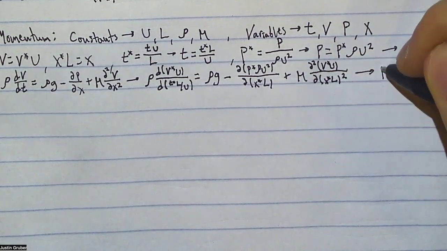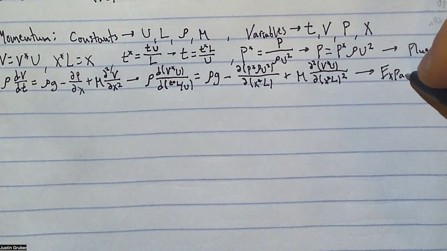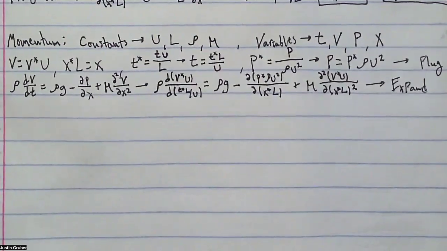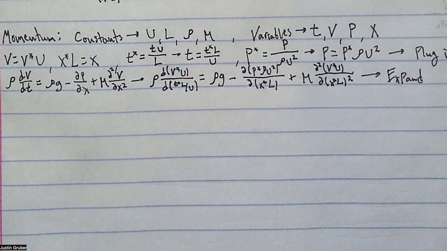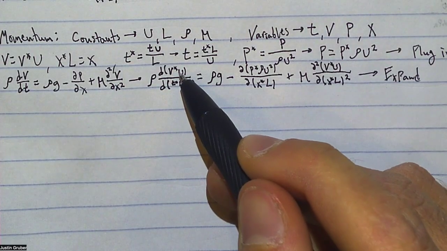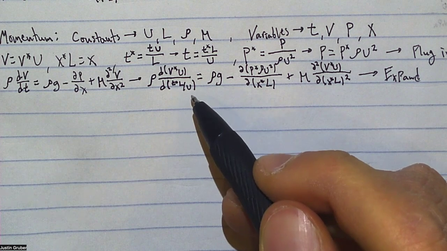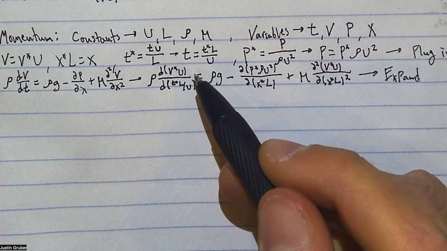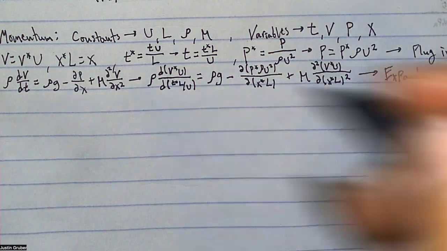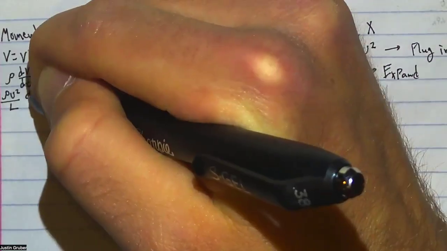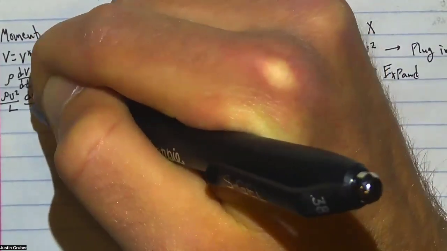Now let's still expand this out. All right, expand stuff out, factor out constants. Okay, what are our constants? Let's look in this first one, this rho term. So we've got a U here, and we've got an L over U down here. So the bottom U would flip up and be a U squared. So we can factor out a U squared over L. So the whole thing would get a rho U squared over L times DV star over DT star,